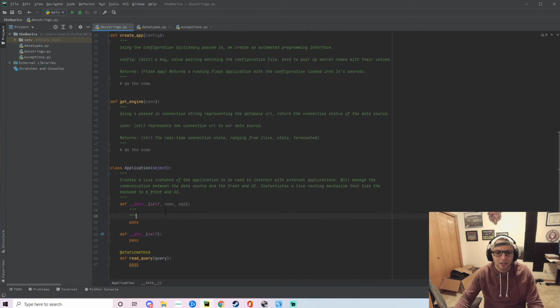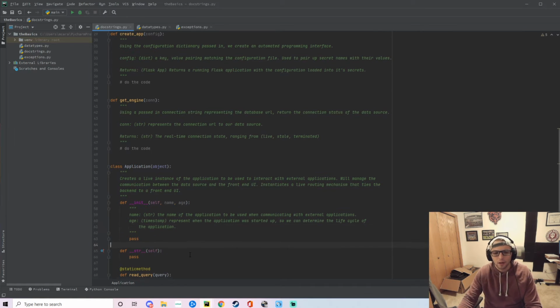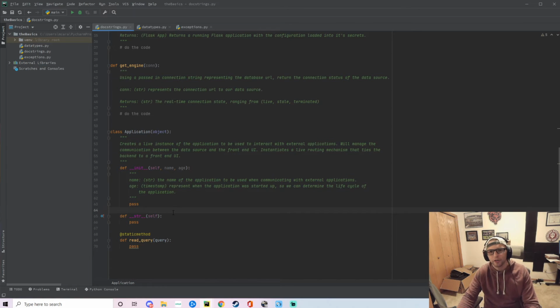So coming down here into your init. Your init's a little different. I do not think that you need to give an overview of what init is. However, I would strongly encourage you to list out the name and age, whatever attributes that you're trying to instantiate your object with. Give a little brief understanding as to why those attributes are needed to instantiate the object. Okay, I think that's a strong docstring for your constructor.